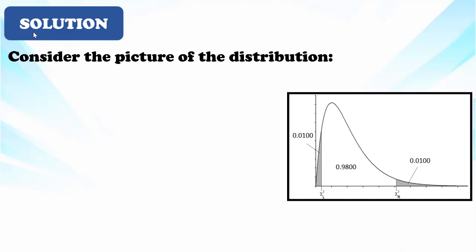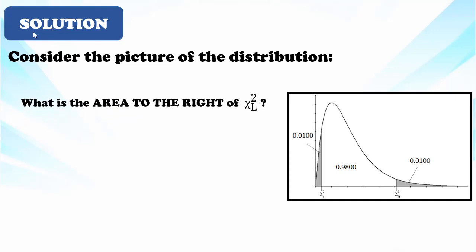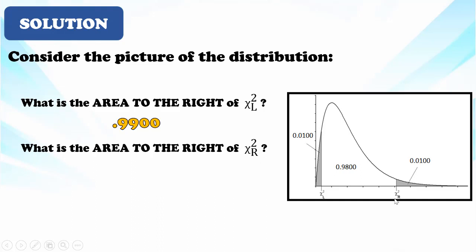So we'll ask ourselves the same questions as before. What's the area to the right of chi-square L? So if we go up on the graphic and we look for chi-square L, we go to the right, we have these two areas, 0.9800 and 0.0100, which gives us a total of 0.9900. Then if we go to the right of chi-square R, here's our chi-square R, the area to the right of chi-square R is just this right-hand tail,